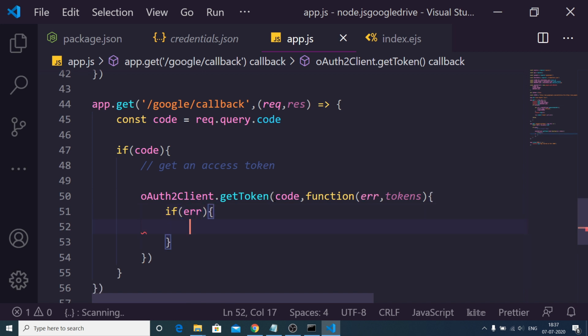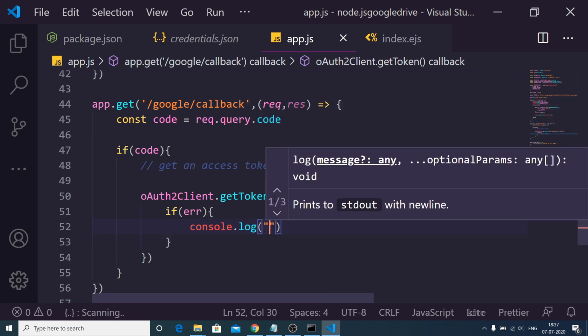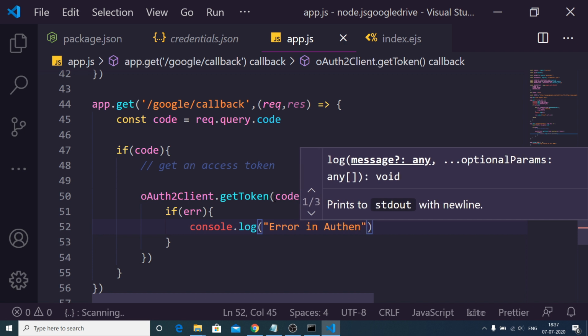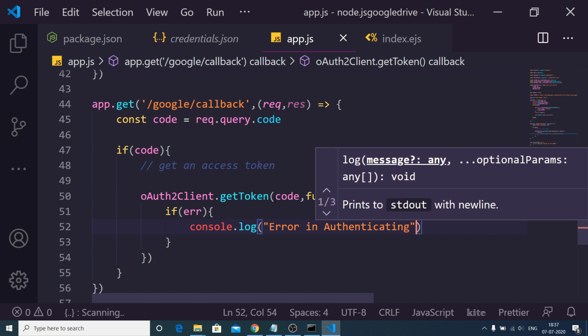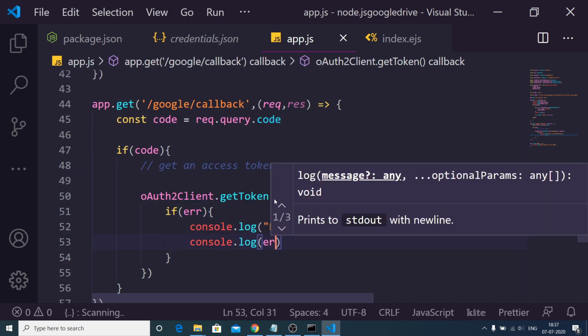If any kind of error takes place, then we can console log that error in authenticating, and we can also console log the error.